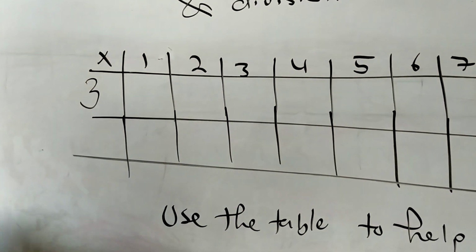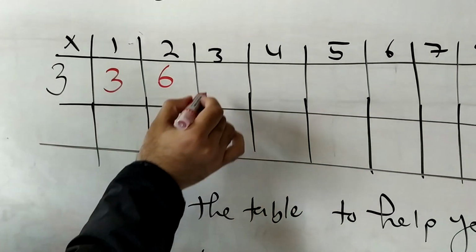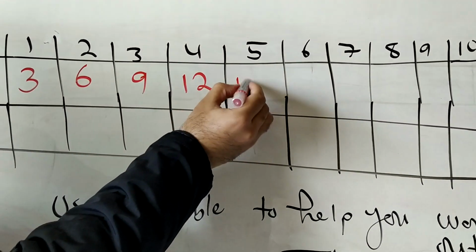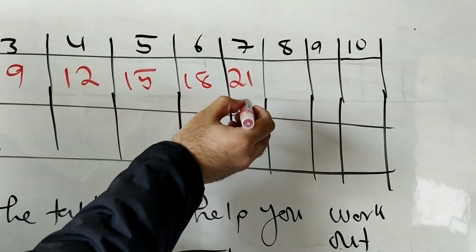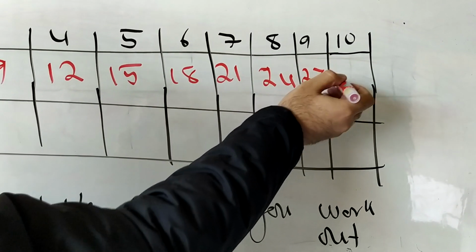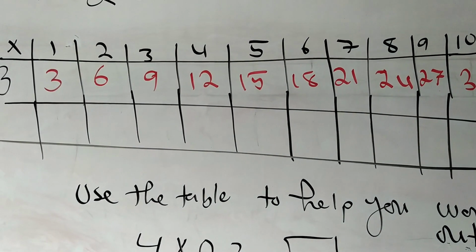3 times 1 equals 3. 3 times 2 equals 6. 3 times 3 equals 9, 3 times 4 equals 12, 3 times 5 equals 15, 3 times 6 equals 18, and 21, 3 times 8, 24, and 27, and 30. Now, if we have, for example,